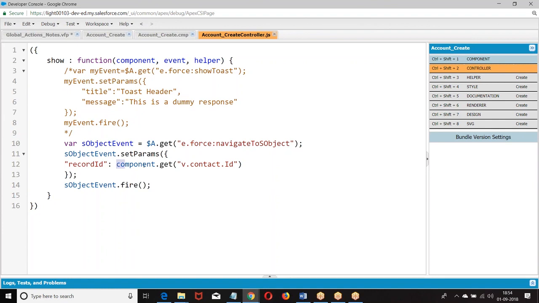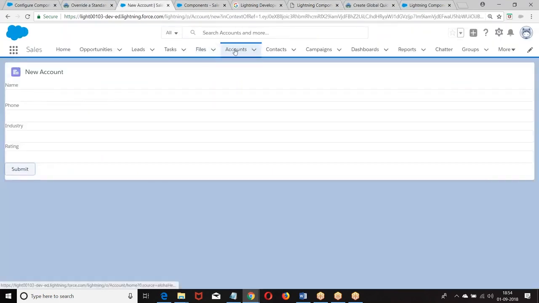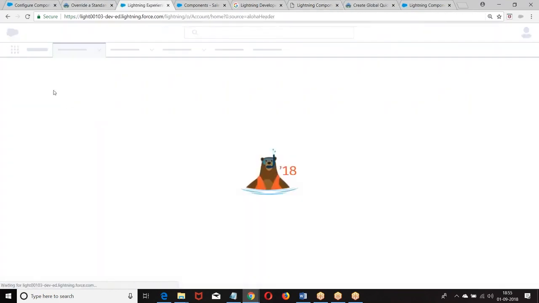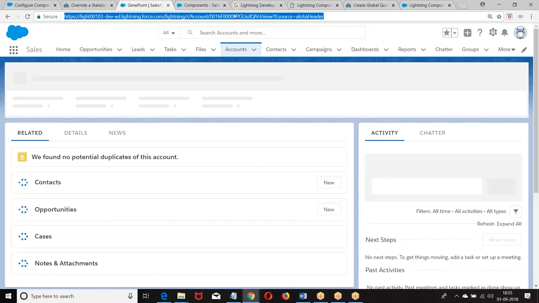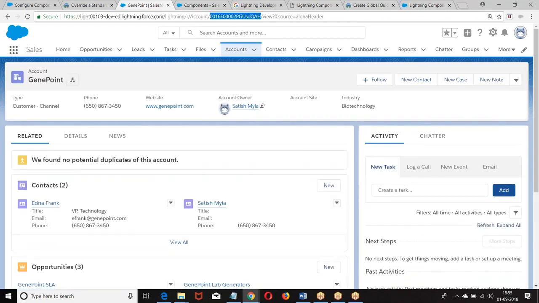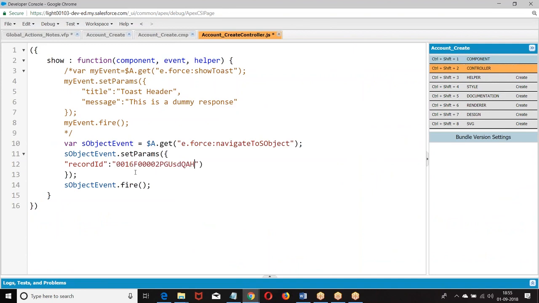Now, instead of this, I want to give a static ID. Once you are done with this, I will give the extension. Now we have given this ID.